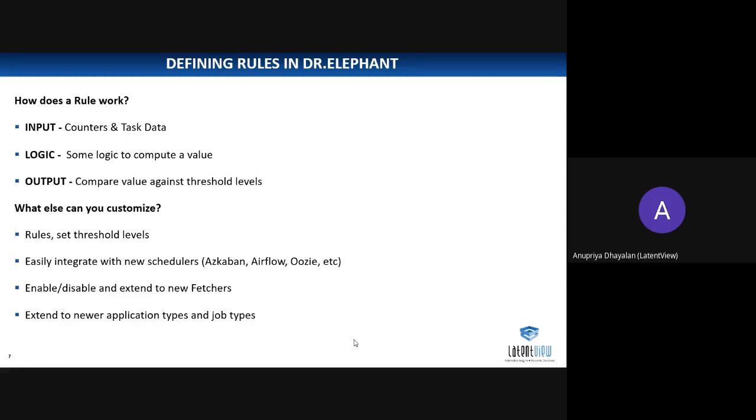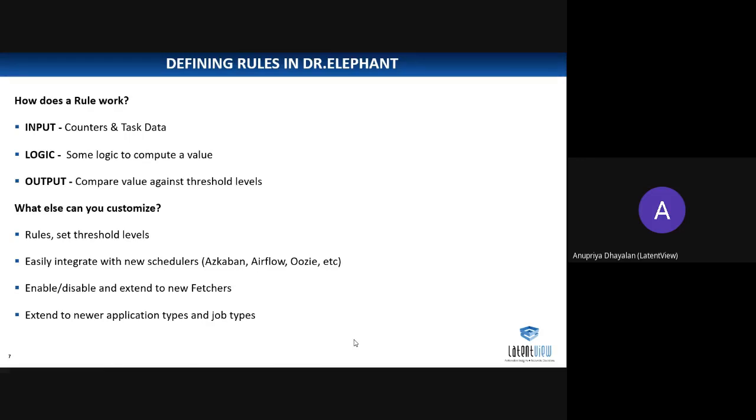In Dr. Elephant, we have some heuristic rules, and these heuristic rules are predefined with some threshold levels, and these threshold levels are tagged to provide the severities. There are 5 levels of severities. These severities help us identify whether each application, such as a Spark job, is safe or critical, or needs any tuning or optimization. Based on the report that is generated, we can fine tune the performance in a better manner.